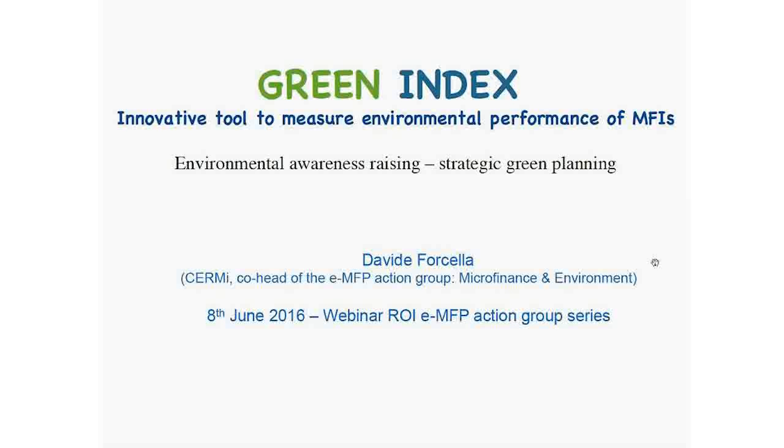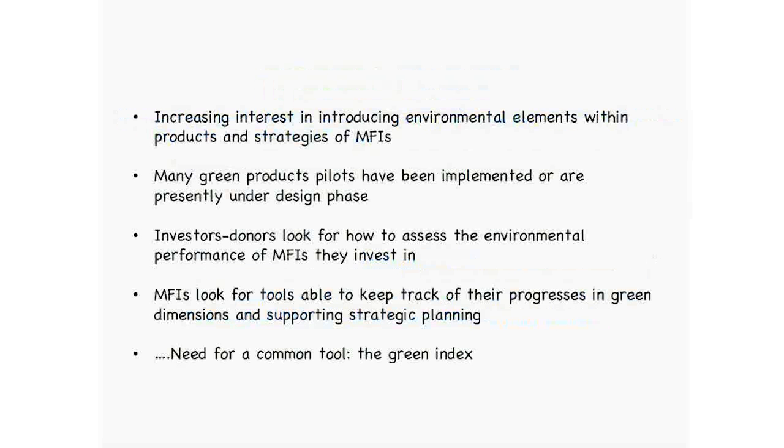And as a consequence of that, to contribute to raising environmental awareness among partners, mainly microfinance institutions and investors, and to support strategic planning for environmental engagement for microfinance institutions and intermediary financial institutions at large, when we focus on micro and small enterprises. So let me give you first of all some